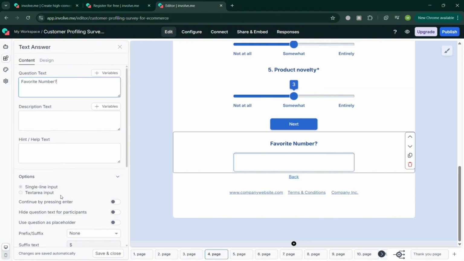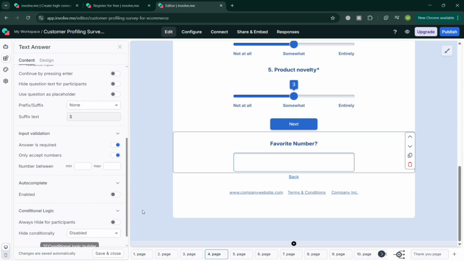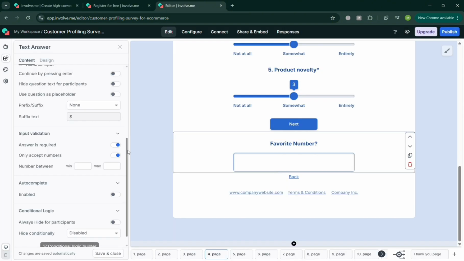And after that, on the left side panel, you could also navigate some other things, such as the input validation. Answer is required and only accept numbers are turned on. But at this point, I'm just going to simply delete this one since it is not